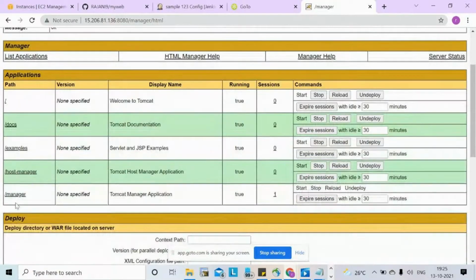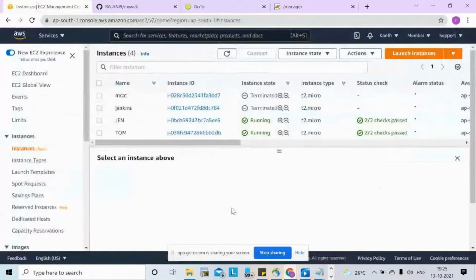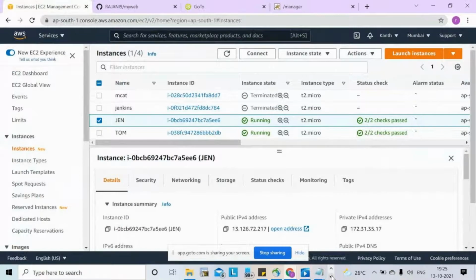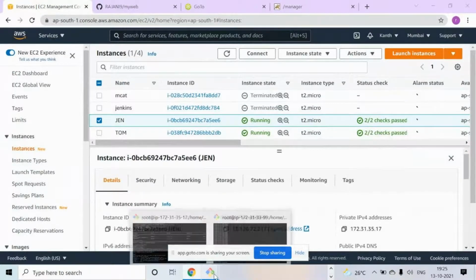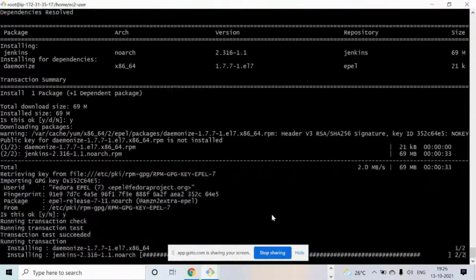Here we don't have a web apps directory. The jobs we are running, deploying jobs, are under web apps in the Tomcat server, so that section is not available here. We will do the web apps by integrating Git. We are integrating the web apps with Jenkins.